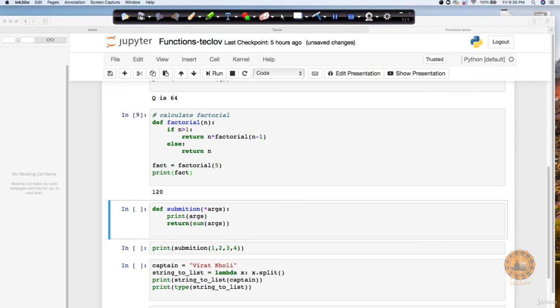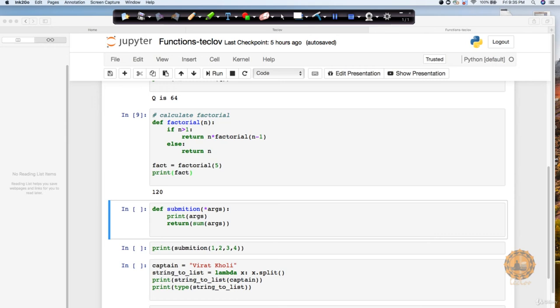Second thing I'm doing is whatever arguments are there, I want to sum them up also. So let's say I pass 1, 2, 3, then it should say 1 plus 2 plus 3. Okay, so that's what I want to do. And if I'm passing this in summation 1, 2, 3, 4, you can notice here what is happening, it is taking up my value 1, 2, 3, 4, because right now I don't know that initially I want to pass like 4 or 5. I could have put even 1, 2, 3, 4, 5, 6 also.